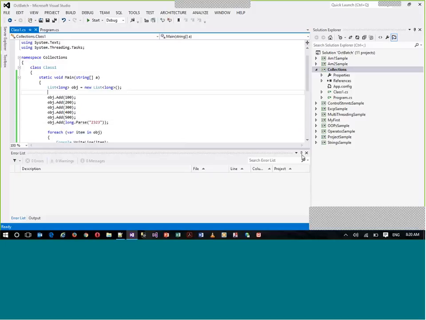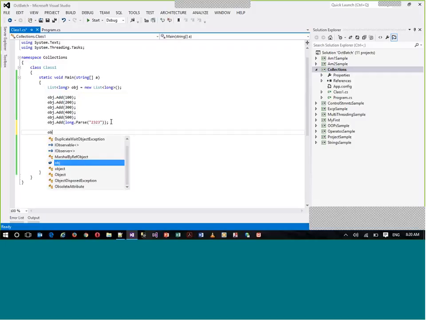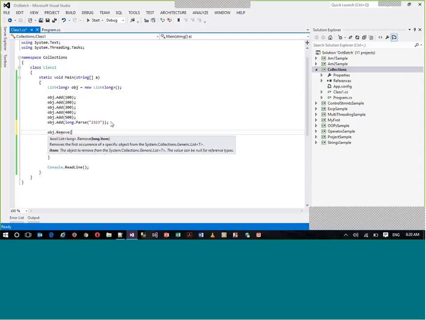Fine. So this is how your list works, where we are restricting the data and everything else is the same. Let's say if I want, I can remove, let's say remove you have, and in removal I'll have something called remove some object called